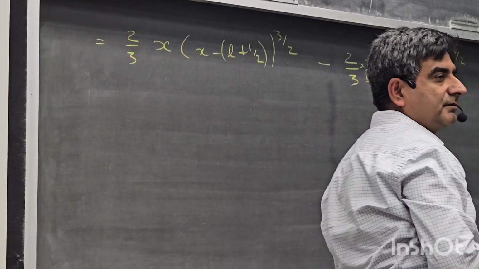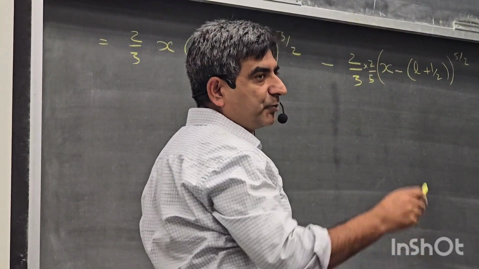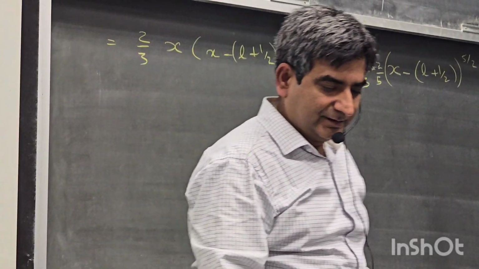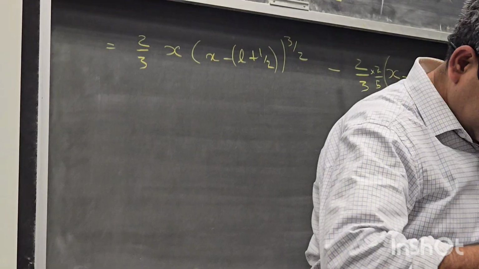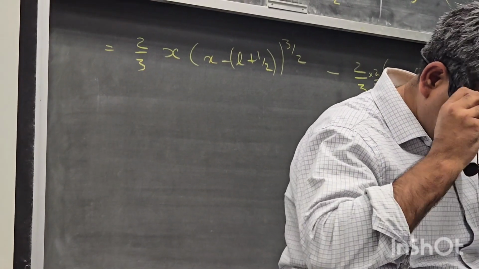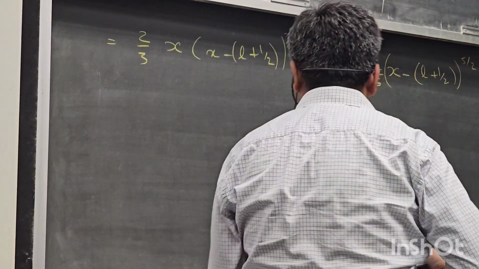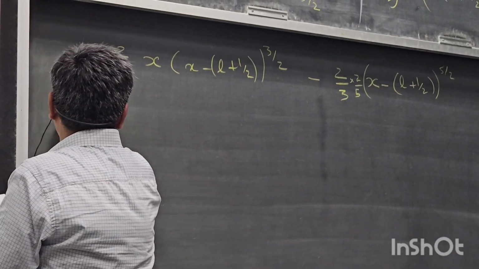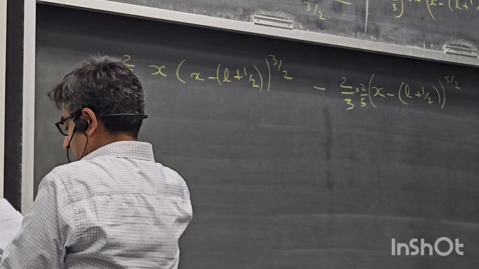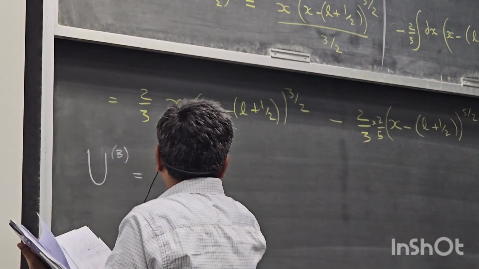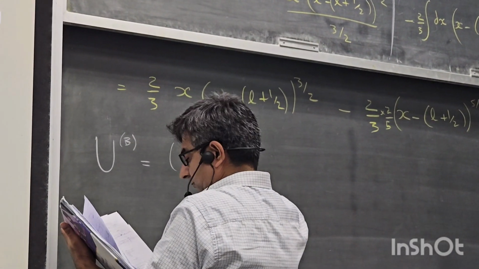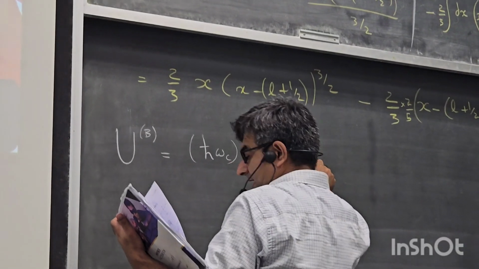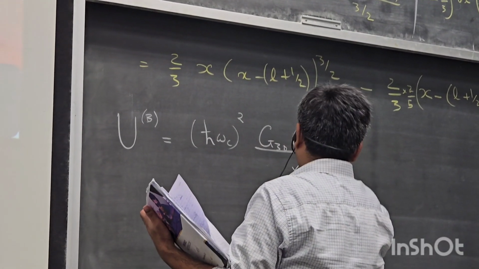Correct. Now I put in the limits. After I do all of this, the final result that I would get is the following. U_B is (ħω_c)² G_3D at x_0 at the Fermi energy, square root of x_0